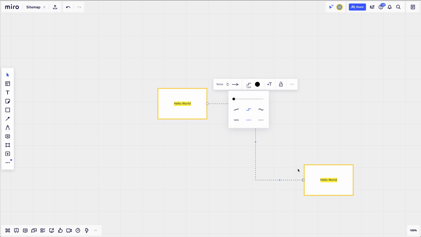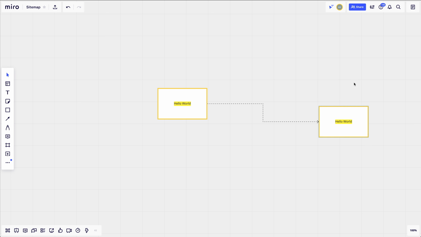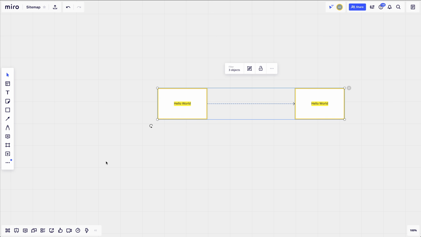I can even change the type of the arrow that I have. So it gives you all of these tools that allow you to very simply and quickly create these sitemaps. And the other cool thing is that this arrow now follows my card around. Cool, with that out of the way, let's go ahead and delete these guys and start from